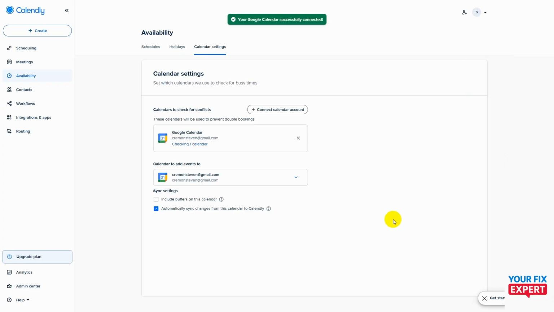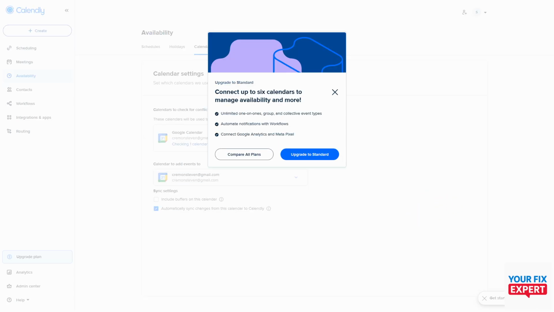If you need to add another one, you just need to click on the plus icon over here that says connect calendar account. And you'll see that when I do that, I unfortunately require a subscription. But for you, when you do it, you will just need to pick which calendar you want to link again and go through that exact same process. And that's all there is to it,